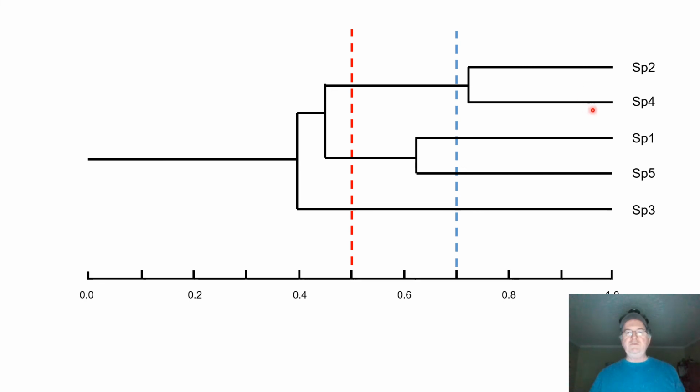No, species 2 and species 4 will be in the same family. Species 1 and species 5 will be in different genera, but the same family because they're more closely related than that 50% criterion. Species 3 is still down here, 0.375. Ignore that line. So it's in a separate family. So we'd have 3 families and 1, 2, 3, 4 genera, and of course 5 species in this example.